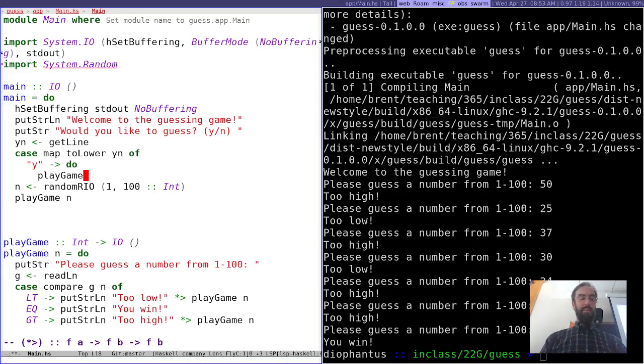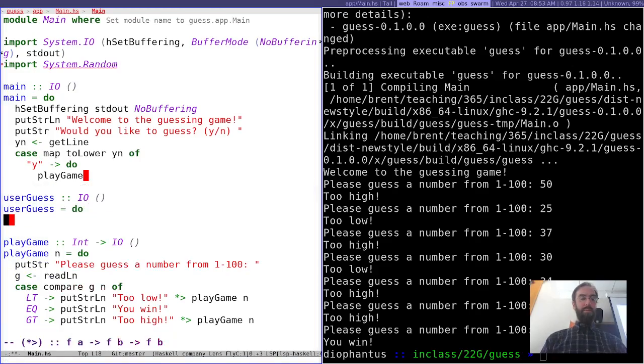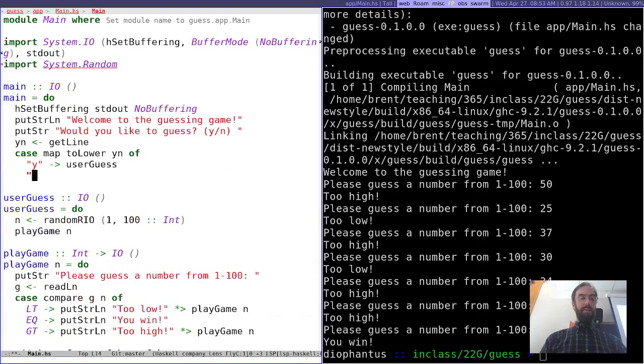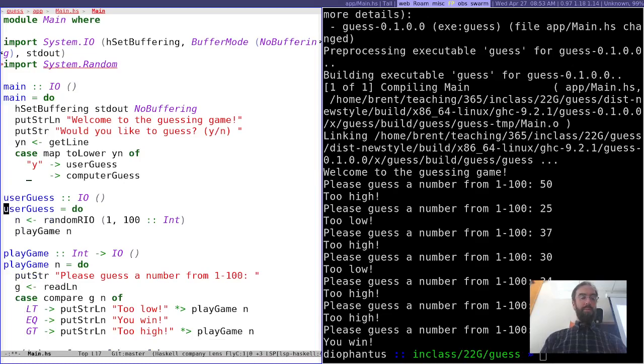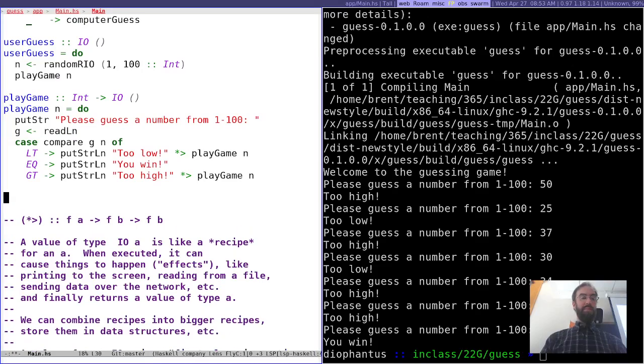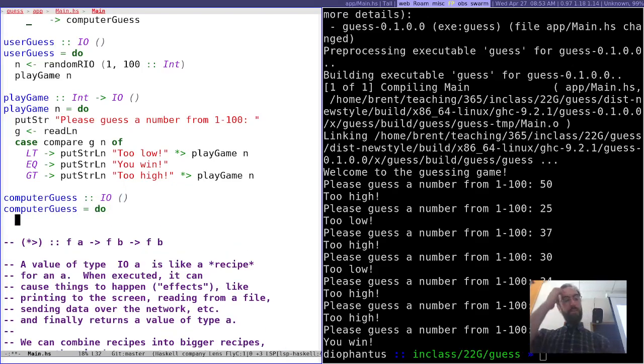Let's say we'll call this user guess, and otherwise say user guess. Play game is not a very good name because it kind of sounds fair, so computer guess. So first, we're going to prompt the user to, or no, we'll just say,